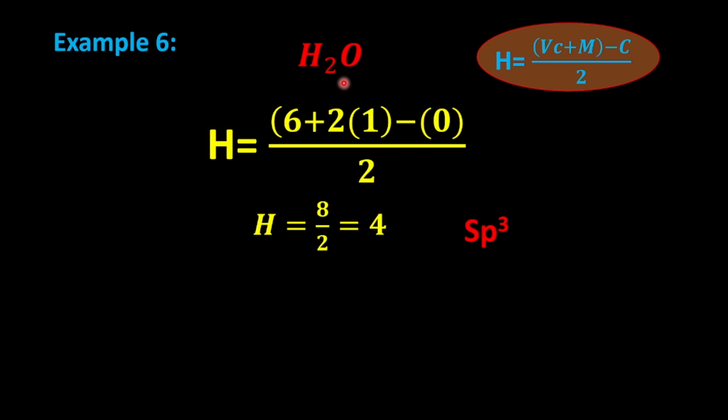This is a water molecule. The central atom here is not hydrogen, but rather oxygen. Oxygen here has atomic number 8. So in writing the configuration, that will give us 2, 6, meaning that the number of valence electrons is 6. Is hydrogen here monovalent? Yes, it is. So that is 2 times 1, and that is what is indicated here. We don't have any charge on this molecule, so that will give us 0, all divided by 2. And that gave us 8